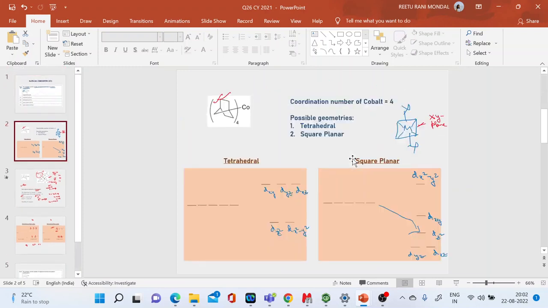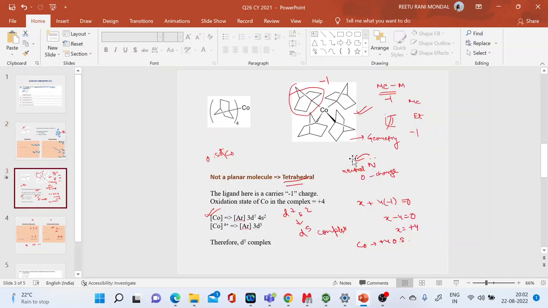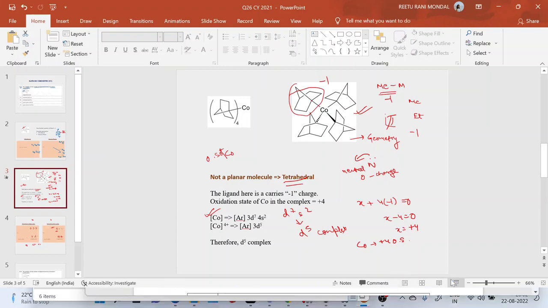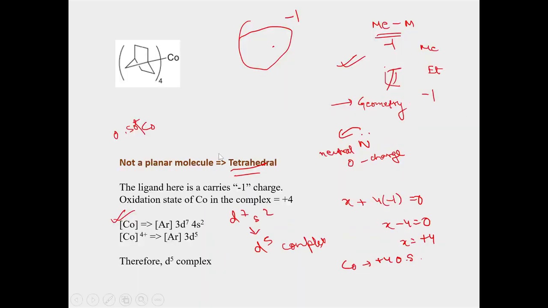So here, okay, for the same complex, first of all, this thing will be different, right? For nickel, it will be D8, nickel in +4 oxidation state then. If we consider this as nickel, then it will be nickel +4 oxidation state, and it will be a D6 complex. D6 complex means, first of all, this will be tetrahedral only. I don't know if any compound like that exists or not. But